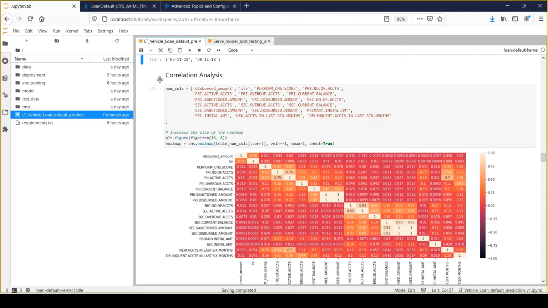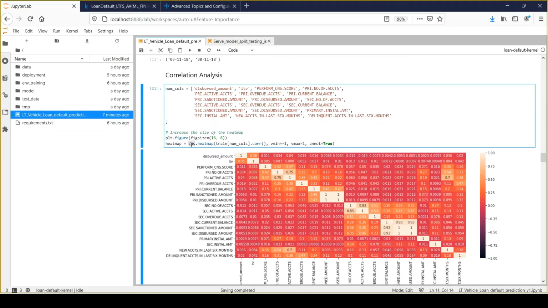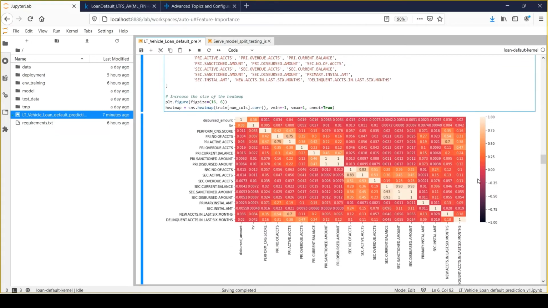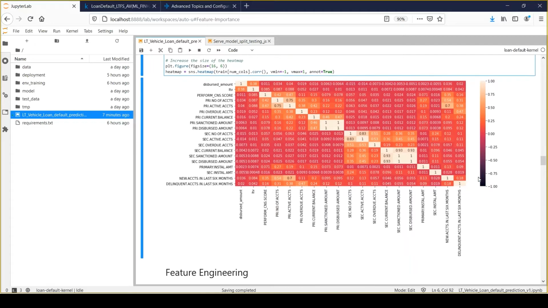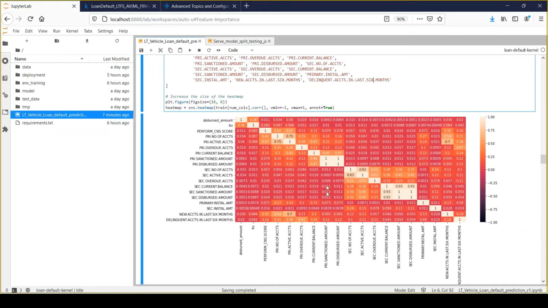After that, I have performed a quick correlation analysis. Right, so here I have extracted all the numeric values based on my understanding about the data. I have taken all those numeric values and I have performed a simple correlation map using the Seaborn package. And here you will find some interesting patterns. If you look closely at the values, prime sanction amount and prime disbursed amount look like very correlated features,